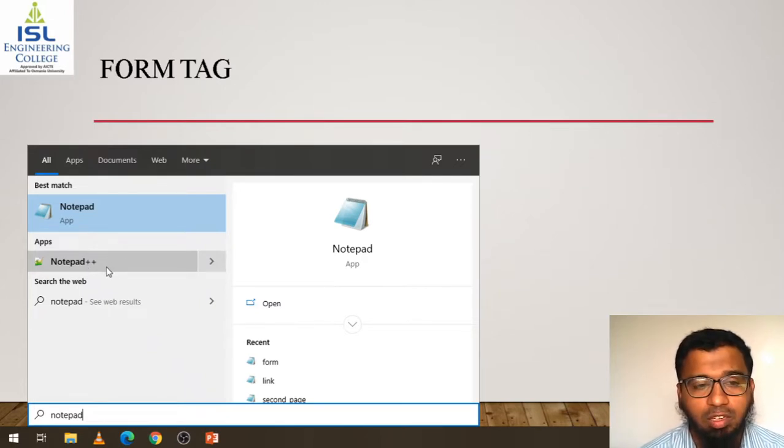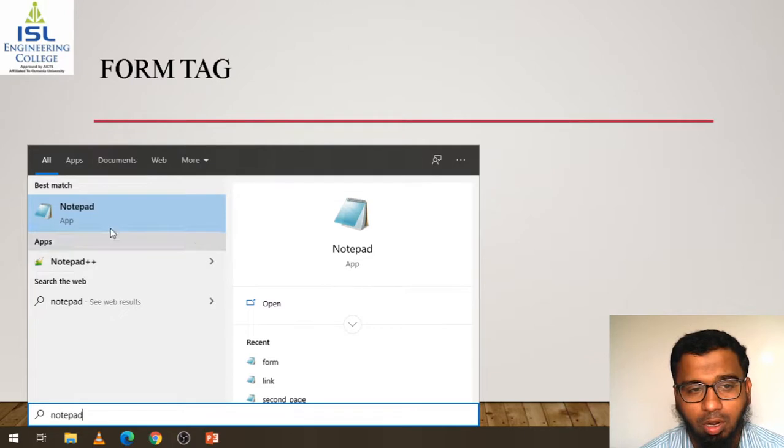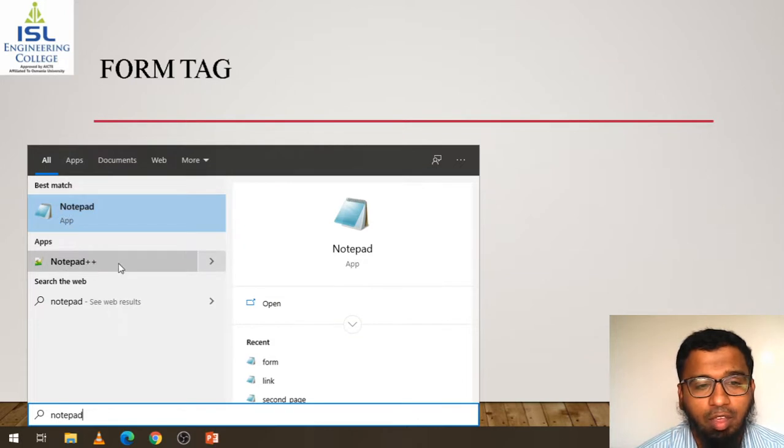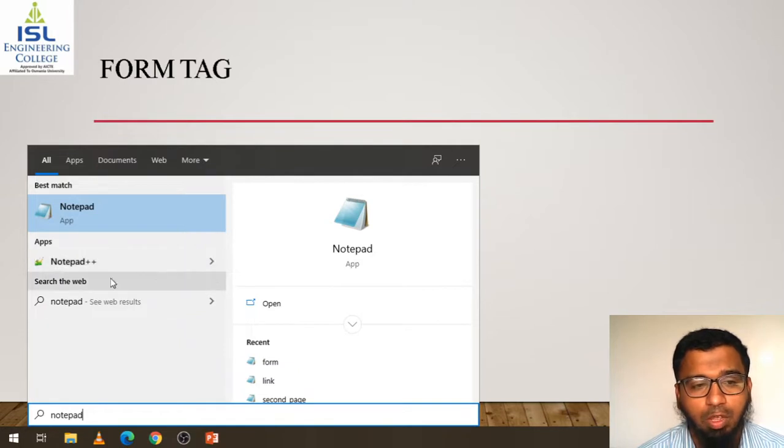In the previous lecture, I showed you how to write in the default Notepad, and if you don't know how to write in Notepad++, in today's session I am going to show you how to write the HTML code in Notepad++. When I typed Notepad here, it showed up because it is already installed on my computer.